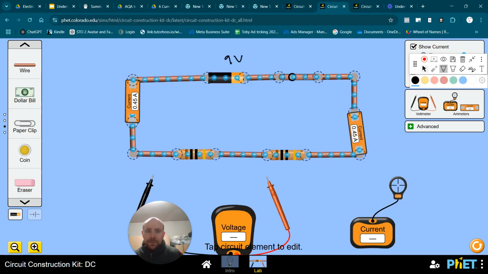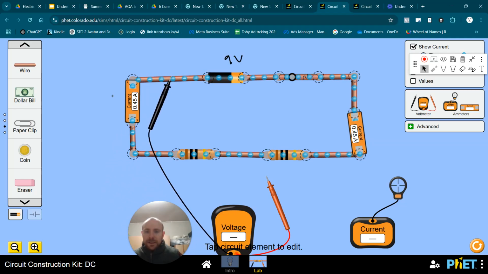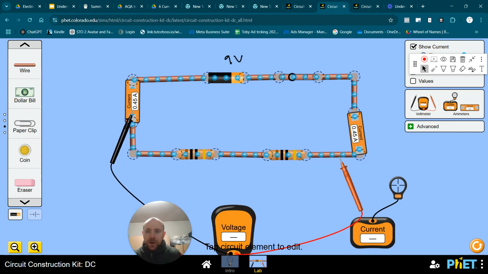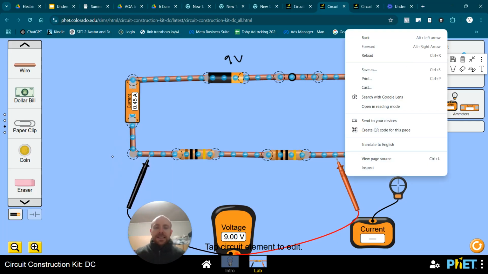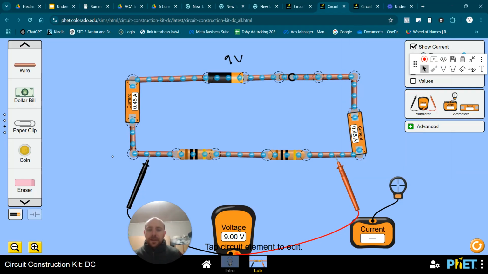And so anywhere within this circuit, I can see here that anywhere across here, I've got 9 volts potential difference across that battery. No work is being done, no energy is being lost as they go through those ammeters. But a resistor, the whole point of a resistor is it's resisting that current. And so work has to be done. Energy has to be transferred to go through a resistor. So I can look at it a slightly different way, and I can say that between this point and this point,